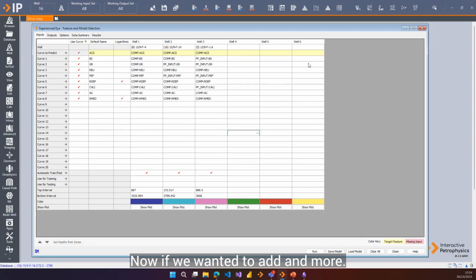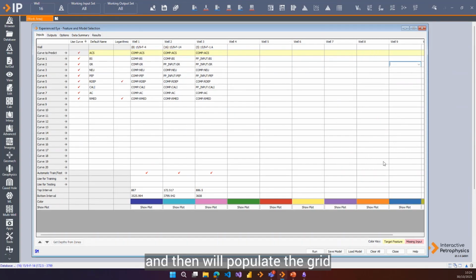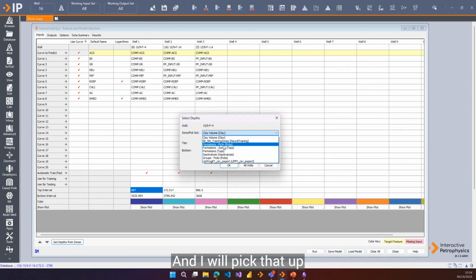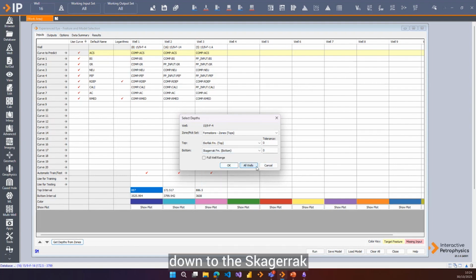And if we wanted to add in more wells, it's just a case of clicking on the last column and then it'll populate the grid with an additional column. Once you've got the wells in, it's then a case of selecting the interval that you want to use. So in this case, I'm just going to get the depths from zones and I will pick that up from the formations zone set. And we'll go from Ekofisk down to the Skagerrak formation at the bottom, and we'll select